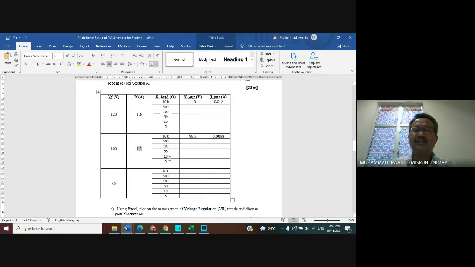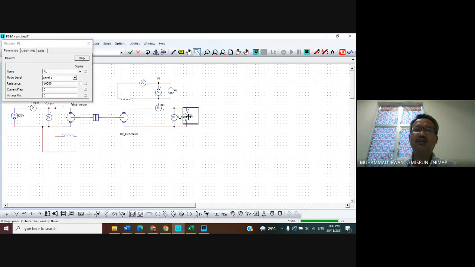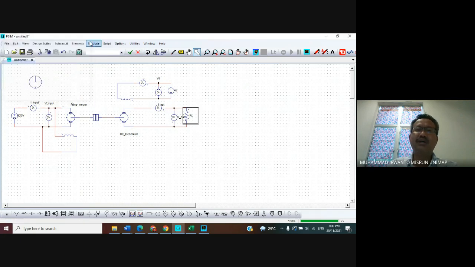For various load resistance, it is the same here, and also the same for the last value of field voltage. You observe output voltage and output current, same as before for step E of section A. So I change to 100,000, then 10,000, and then run.